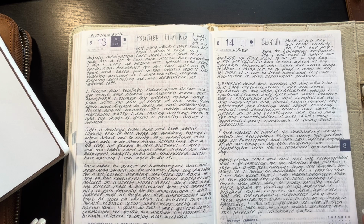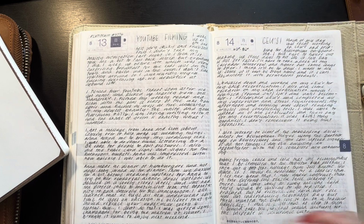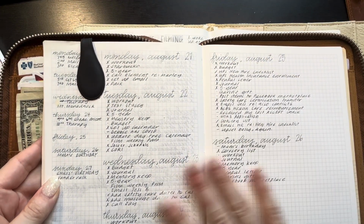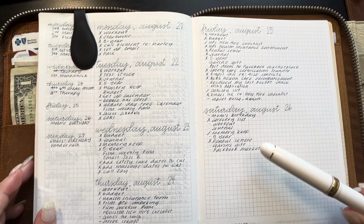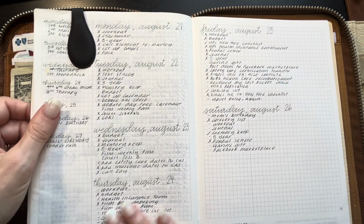Because it is a Japanese fine nib, it is very fine. So I've really enjoyed writing with it. I could see this being kind of an everyday carry, maybe putting in a dark gray or a black, and you know, this being something that I use for kind of work stuff and paperwork. But